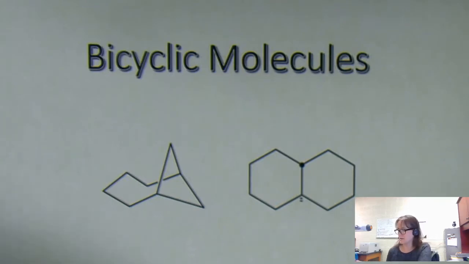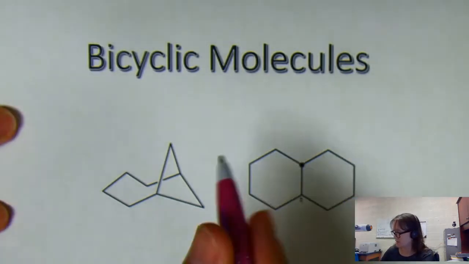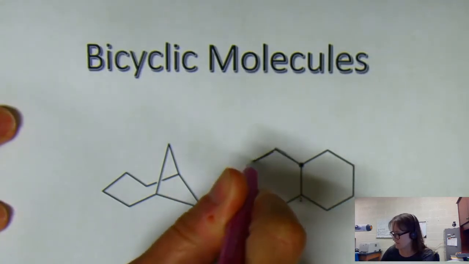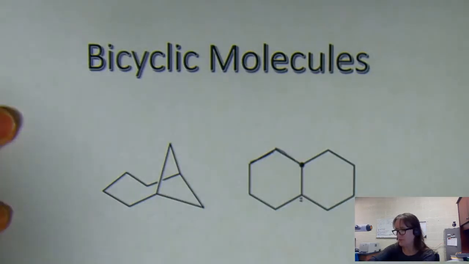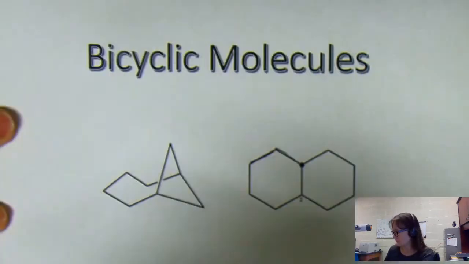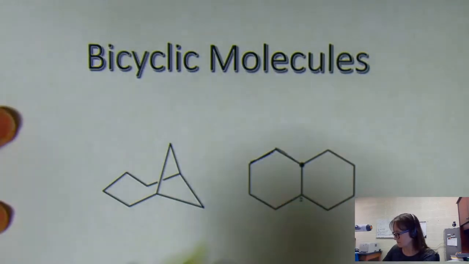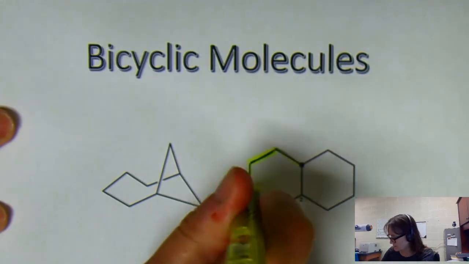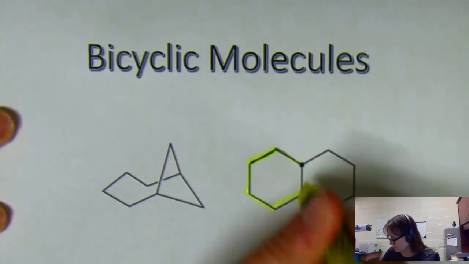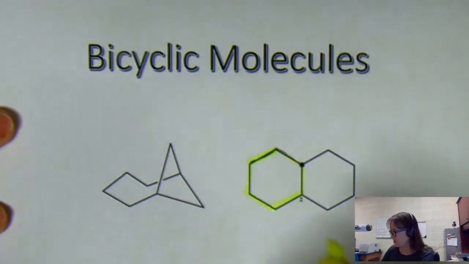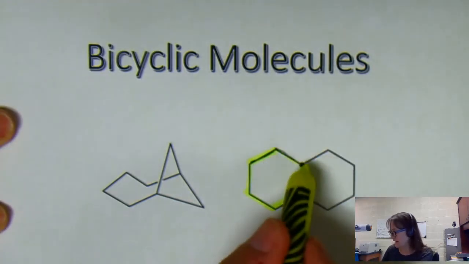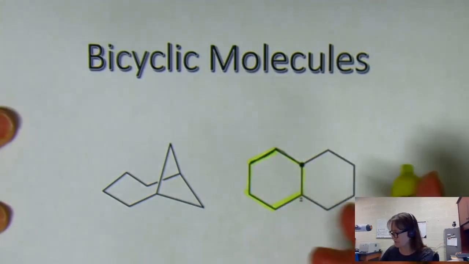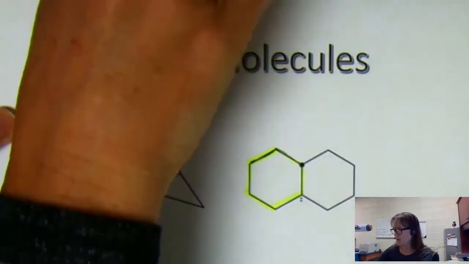The type of bicyclic molecule that we're going to be looking at is one where if you look at one ring, for instance, this one here, and you highlight that one ring, you'll notice that there are atoms connected to one of the carbons. And if you just go from one atom to another,